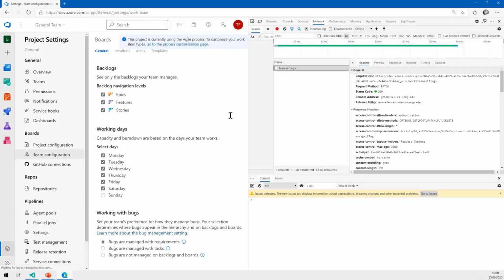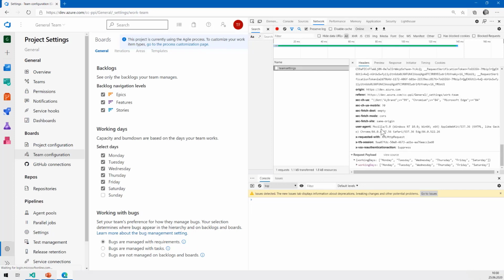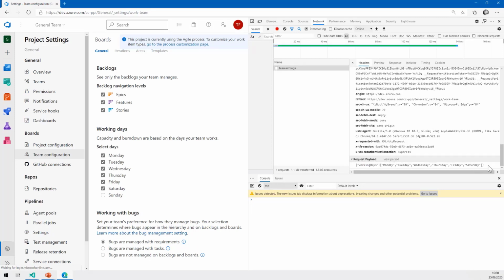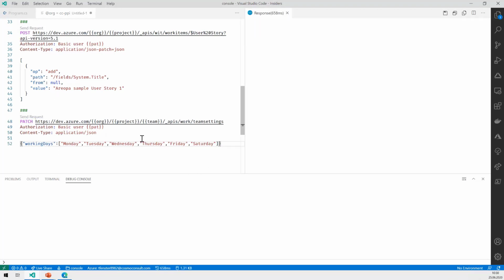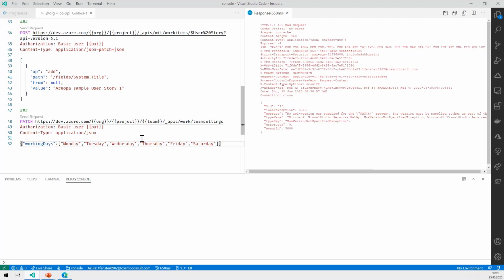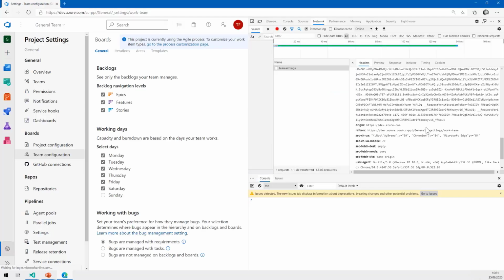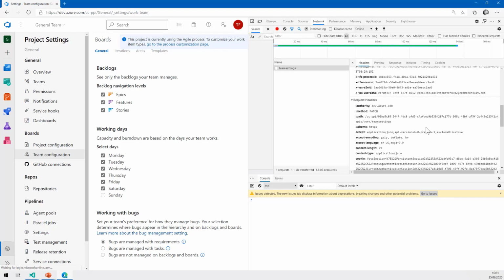And then we had the actual payload of the request. So I'll go back down here and copy that one as well. Go back to Visual Studio Code and edit and send that request. As a response, now I get the information that I forgot to add the API version. That's also good to know. That is something that you always need to add. I've just shown you, you can find it in those requests, typically as part of the accept, but we can just copy that one here as well.